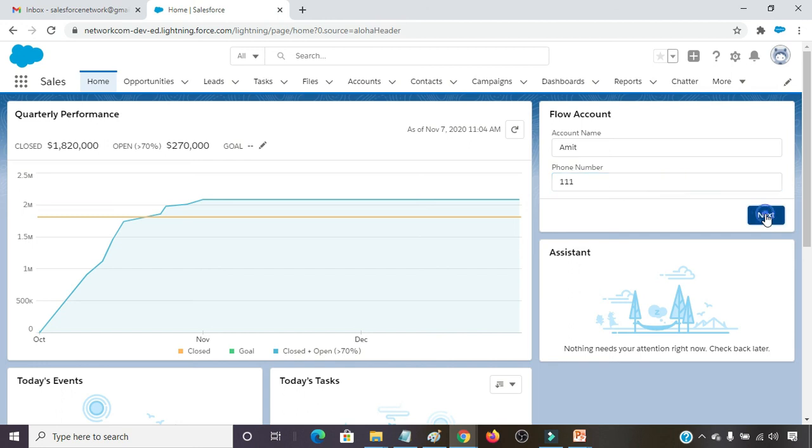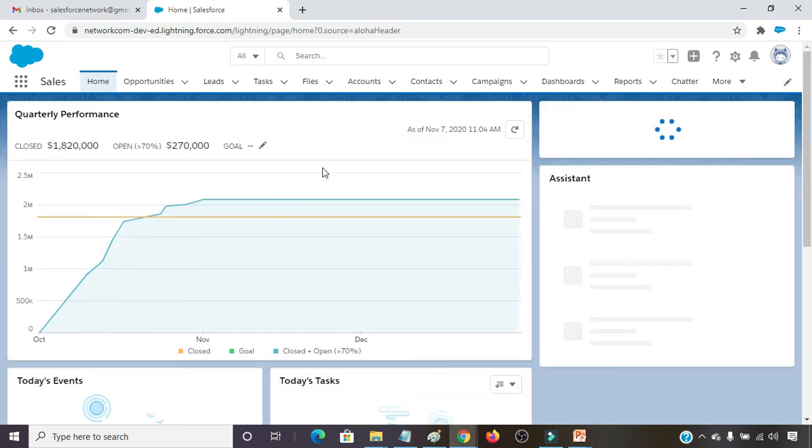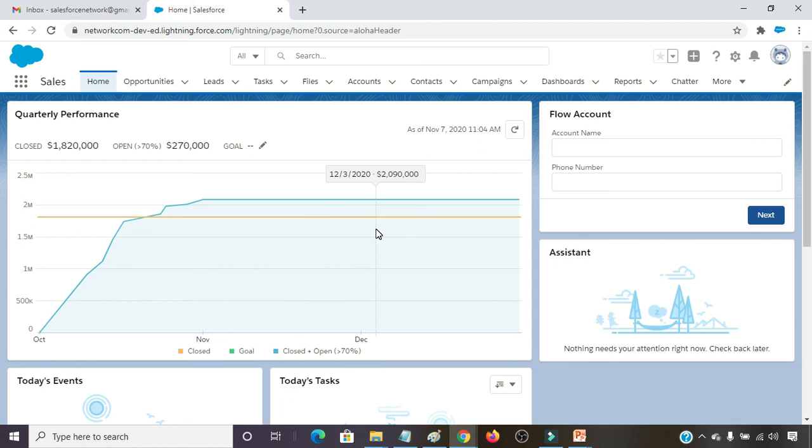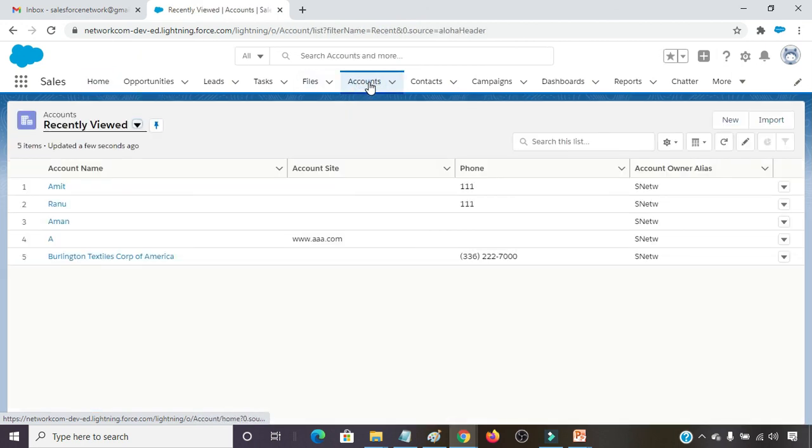Click on next. Coming to our account object, see, Amit is created. Like this we are creating flows. Thank you.